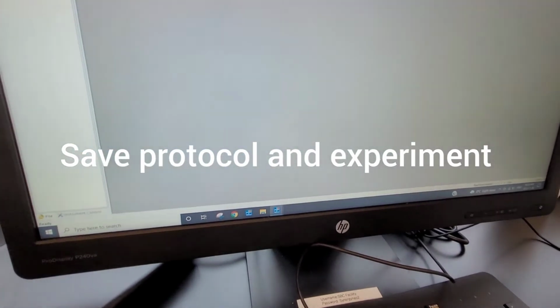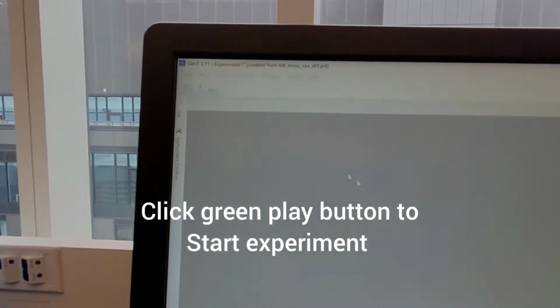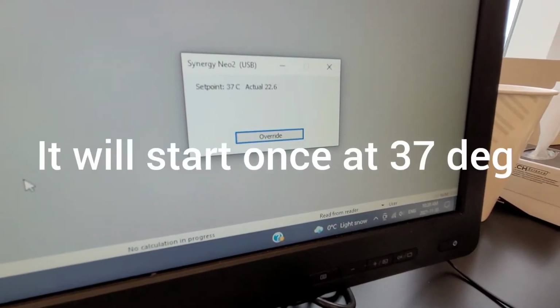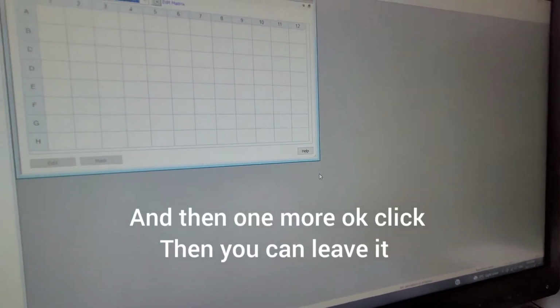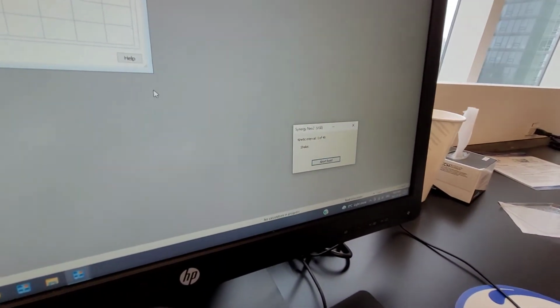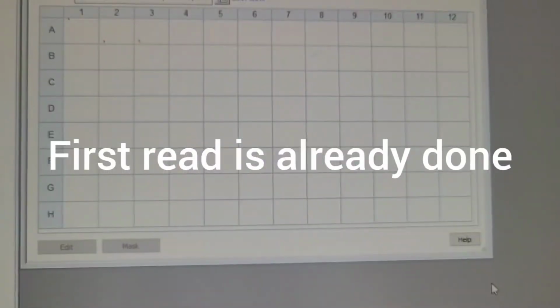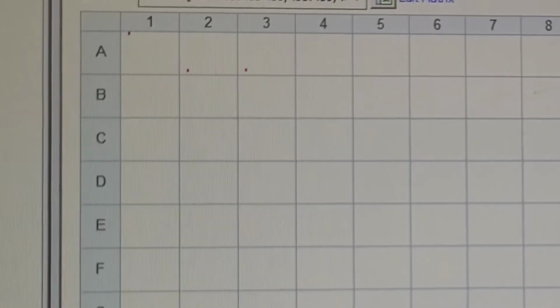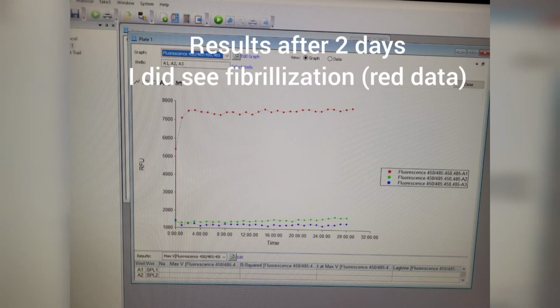Then you put the plates inside. Make sure that the 96 well plate is selected, and the read is from the bottom since the cover was opaque and not clear. Then you select the green button to start the read, and it will equilibrate to 37 degrees, and then it will start reading. And once it gets to 37 degrees, the plate will come out until you click OK again, and then it will go back in. So after you do that, then you can leave it for the selected time, and yeah,